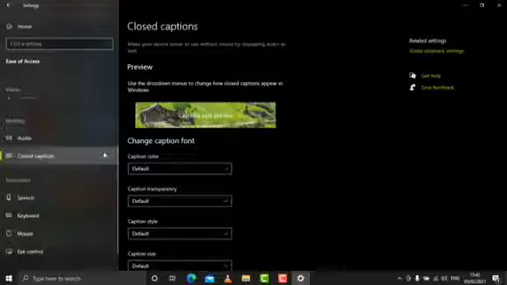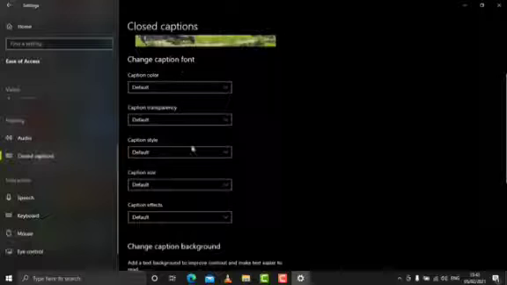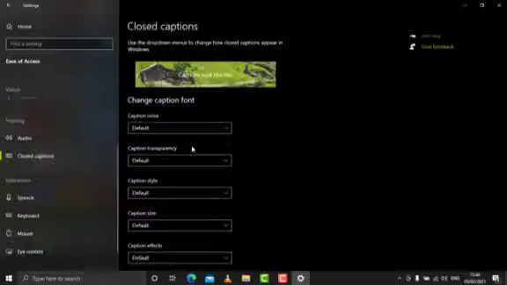A number of options are here through which they can change the settings of the text, and the dialogues or sound will be converted into text and printed on the screen.